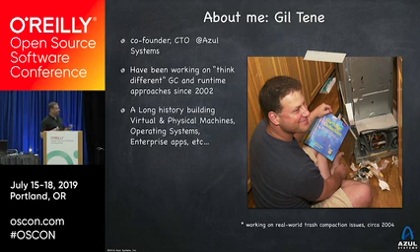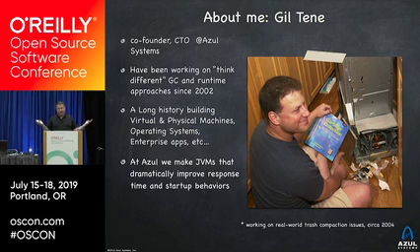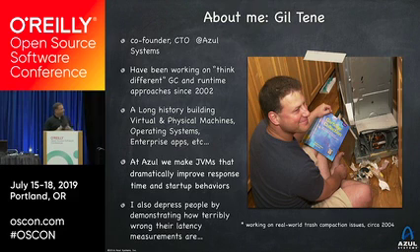I've built a lot of other things, which means I've made a lot of mistakes, and I've learned from a few of them. And I do tend to go around talking to people about what I've learned. At Azul, we make JVMs, so we focus on that. We make JVMs that focus on response time and startup and all the operational behaviors. An area I like to go around and depress people about is how they measure things. You can probably find talks online with me talking about how not to measure latency, how to measure it wrong, how to measure it wrong with microservices, and everything else.